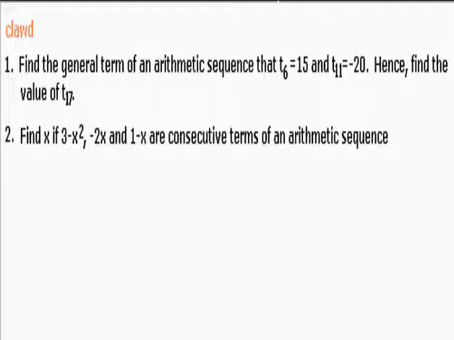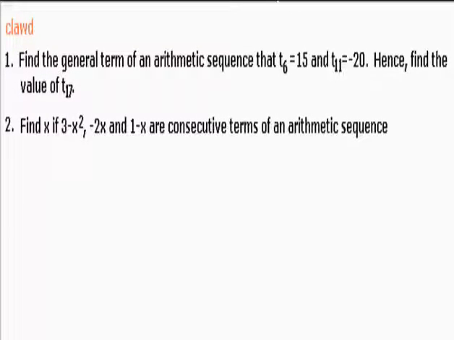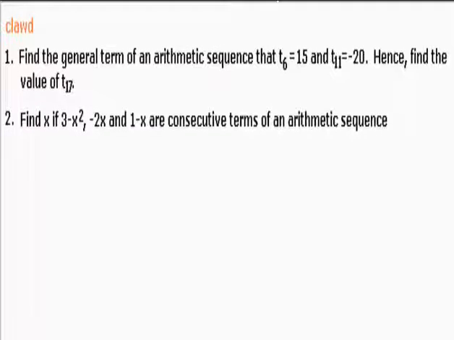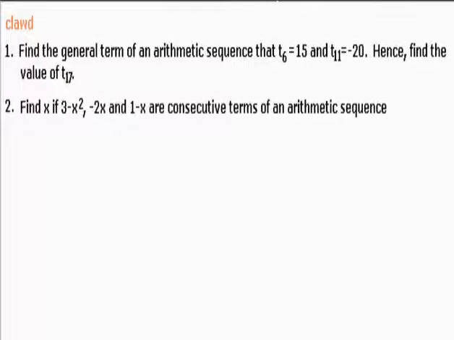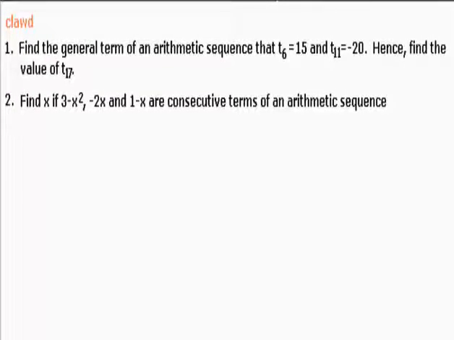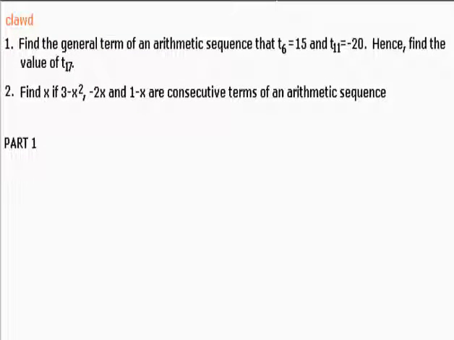In today's session, I'll be solving two arithmetic sequence questions that were posed by Claude. The first question asks, find the general term of an arithmetic sequence that is T6 equals 15, T11 equals negative 20. Hence, find the value of T17. The second question asks, find x if 3 minus x squared, minus 2x, and 1 minus x are consecutive terms of an arithmetic sequence. I will start by solving part 1 of the questions, and I think before attempting this